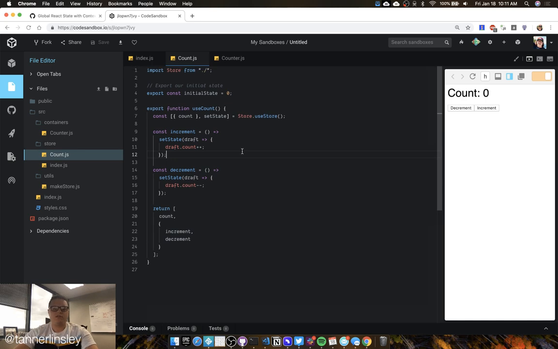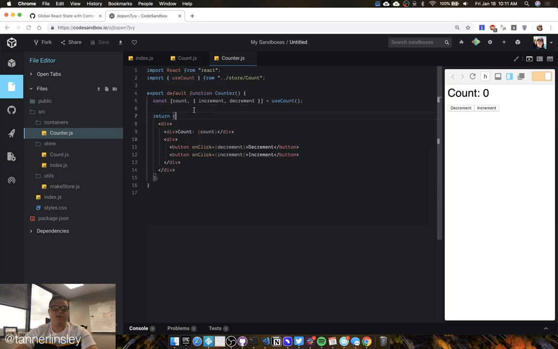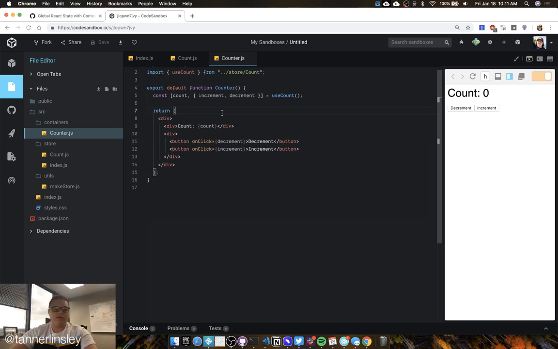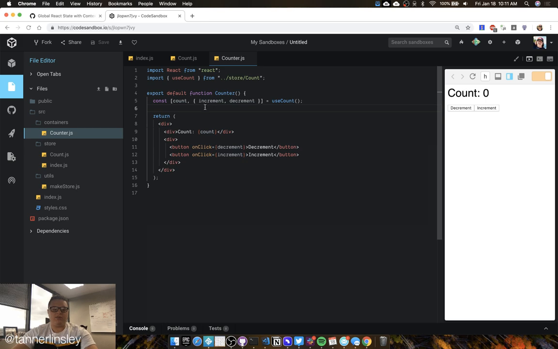Okay, so this is another way to do it, and that's why I like this pattern, because it's just hooks. You know how they say, when you use local state, it's just React. Well, now you can say it's just hooks. You're importing some state, you're importing the actions to manipulate that state. So the other cool thing that we can do is,